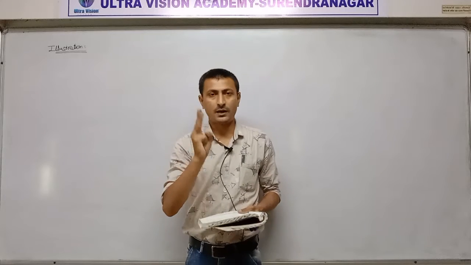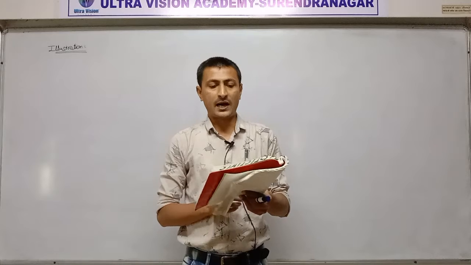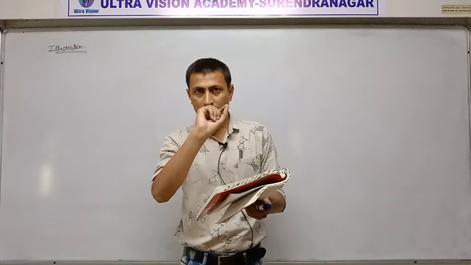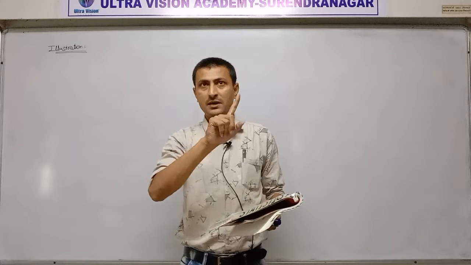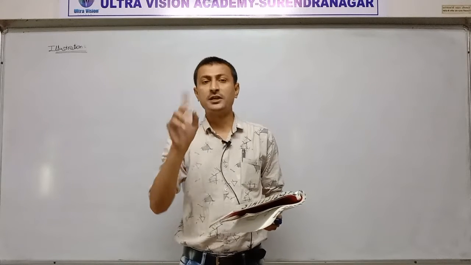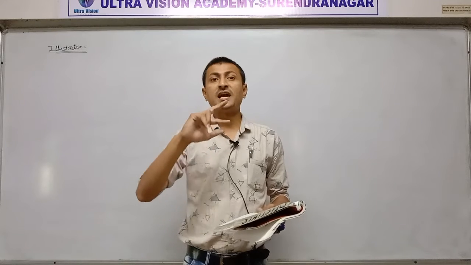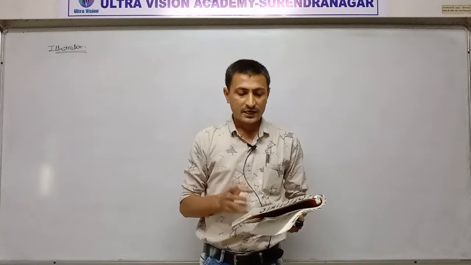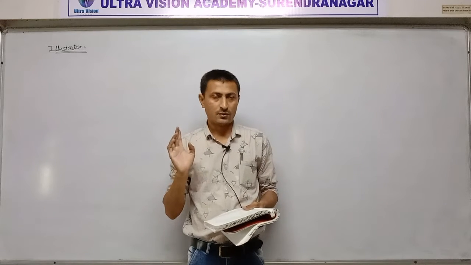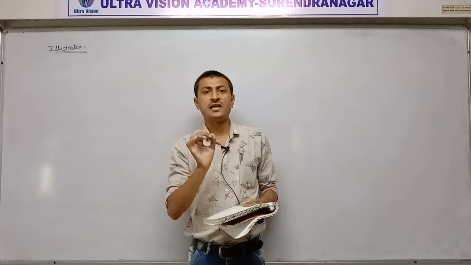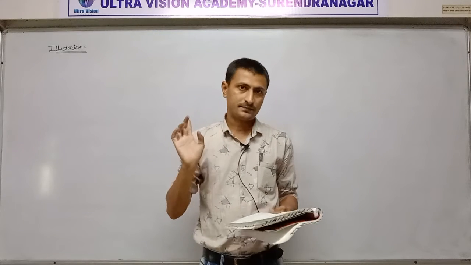Clear? And the third point: if the ranks Rx and Ry are in exact reverse order, underline the words exact reverse order. In illustration number 18, marks in mathematics and marks in history, which we have already seen. In example number 18, exactly reverse order, then for each observation the values are -1. Okay, if Rx and Ry are in exact reverse order, then r is always -1.